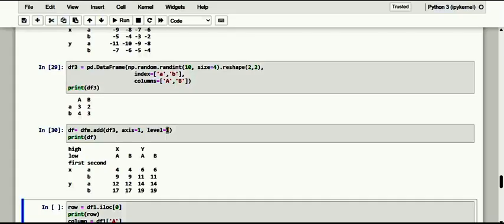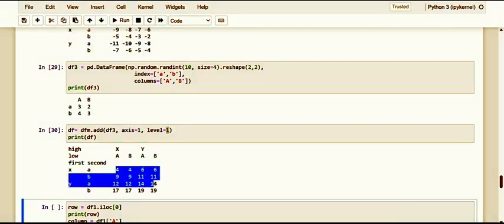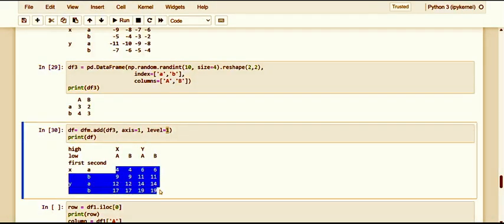Dear friends, kindly observe, in this case the data frame used as the second operand corresponds to the subset of the multi-indexed data frame, whose values are added as many times as they appear in the corresponding subset of the multi-index.